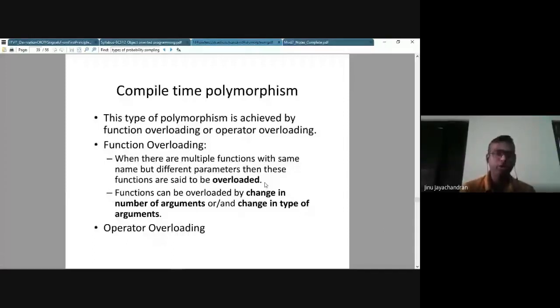So operator overloading, when you say operator overloading, you see when you have a plus operator, it can exhibit 2 characteristics. One is when you have 2 plus 3, it is actually adding 2 and 3. And then if you give an operator overloading code, then if you add 2 objects, obj1 plus obj2, basically you are adding each of the private variables inside the object. So the same plus operator exhibits 2 different characteristics.